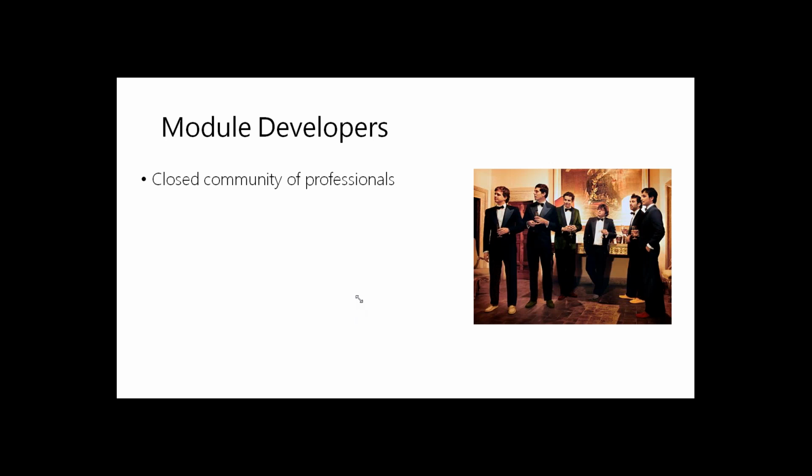We welcome you to join this community to become a module developer, but once we have enough professionals in this network, we'll close this opportunity to become a part of the big iRidium family. As we see it, we'll be able to cover all our needs and develop modules for different types of hardware with your help, having a limited number of developers.